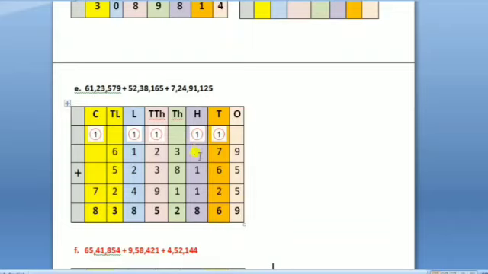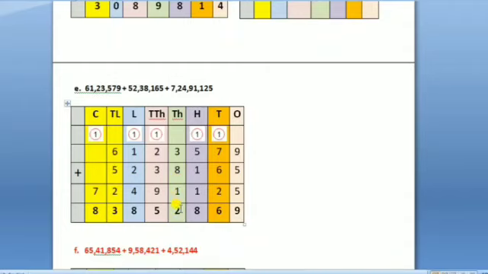Now we'll be adding 5 plus 1, it becomes 6. 6 plus 1, it becomes 7. 7 when added with 1, it becomes 8. So write the final sum as 8. Let us move to the 1000 column. Numbers are 3 plus 8, it becomes 11. 1 when added to 11 becomes 12.